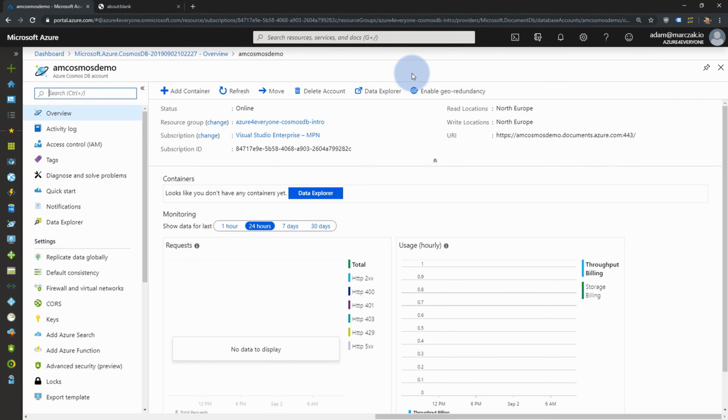The overview blade actually gives you the most basic information about the Cosmos DB that you created. So the most important one, the status: the database is currently online. The database has currently only one read region, that's North Europe, and one write region, that's also North Europe. And this is the URI to your database. So if you're gonna be connecting from any kind of API or code to this database, you use this